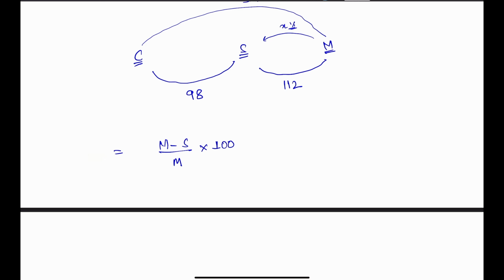Mistake. My x percentage is here, M minus S is my discount. Now I'm correct. And my 3x, that is profit, will be